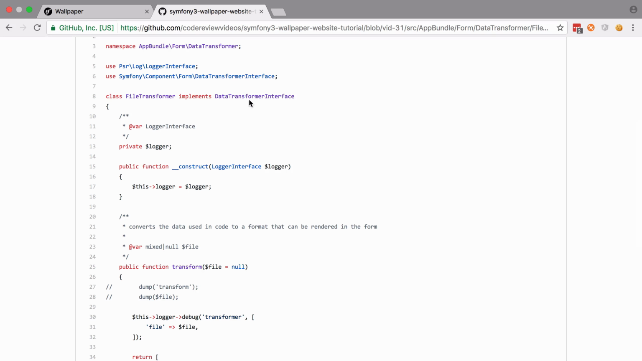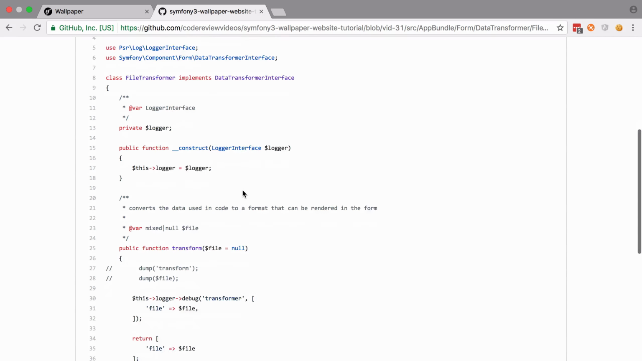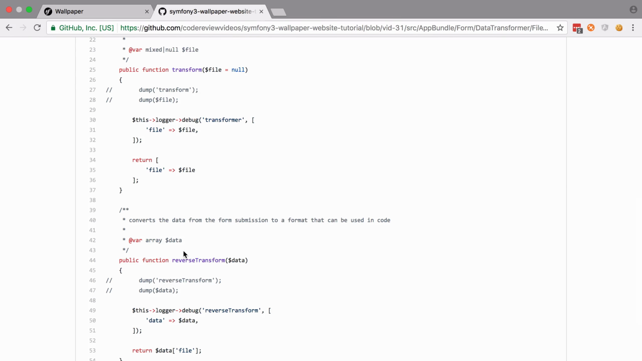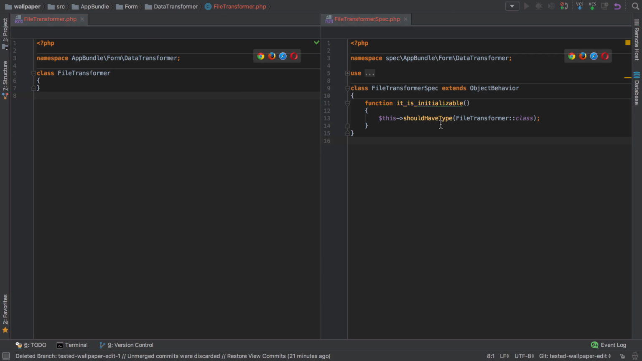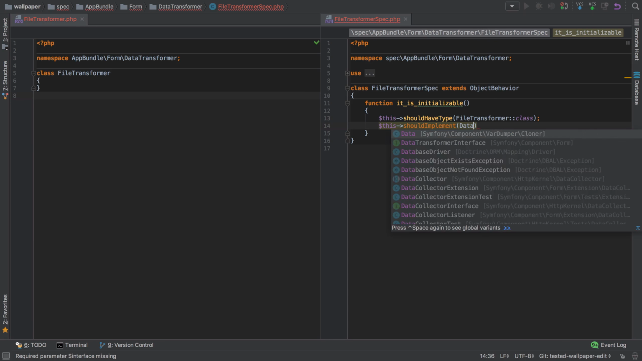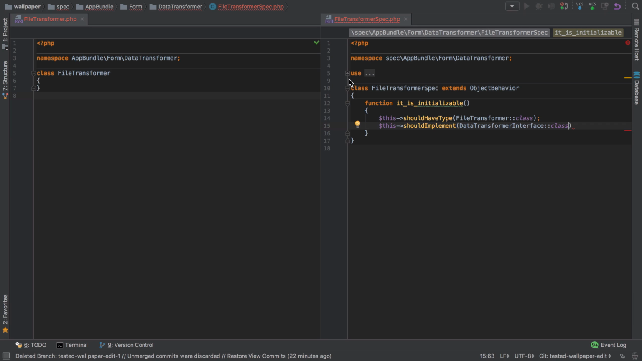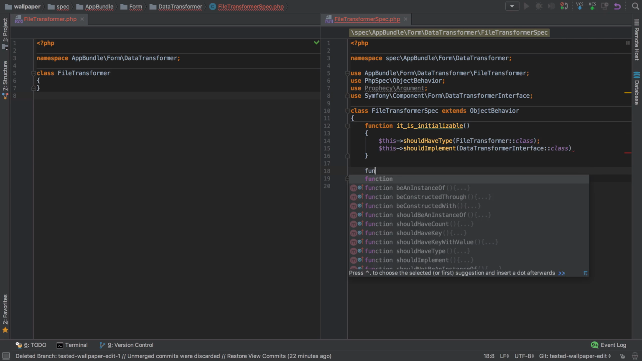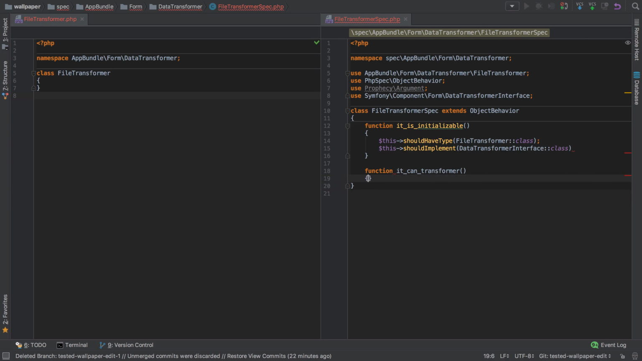Okay, so firstly we know that it's going to implement the data transformer interface, and as a result we'll need the transform and reverse transform methods. Let's add this information into our tests. So we'll say this should implement the data transformer interface, making sure that it's got the right use statement in there, which it seems to have, and then we'll add in a couple of tests that say it can transform and